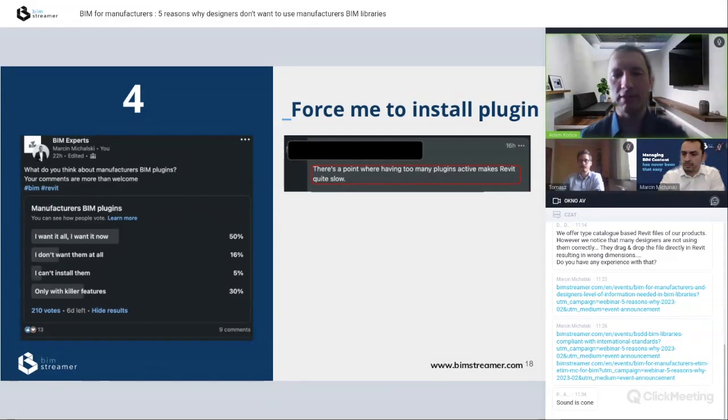However, those that decide to provide the Revit plugin for their clients also would like to add some killer features for their users, so their clients really want to install that plugin to use the benefits provided within it. Examples of such killer features are, for example, bill of materials: dynamically counting the number of manufacturers' products within the project, and the possibility to send it for quotation to the manufacturer. Another proposition of a killer feature is, for example,